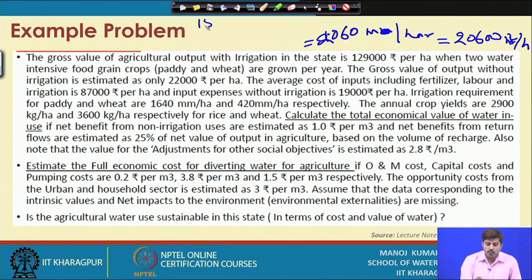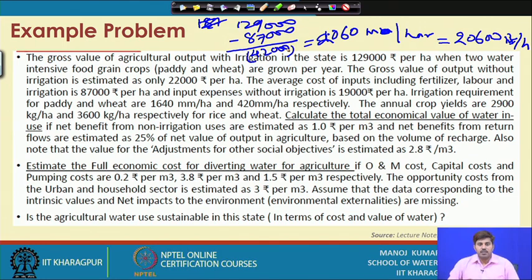That is going to be 129,000 minus 87,000, which is the cost. So this difference, which is 42,000, will be the net profit for the